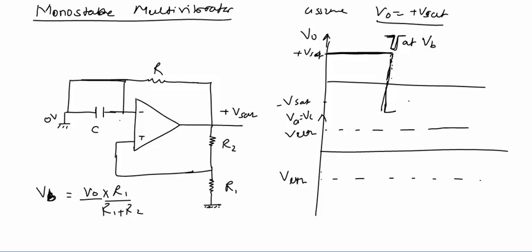Now as soon as the output goes to minus Vsat, diode D becomes reverse biased. If diode D is reverse biased, it will act as an open circuit. If the diode acts as an open circuit, the capacitor now will get a chance to charge. Now the RC circuit